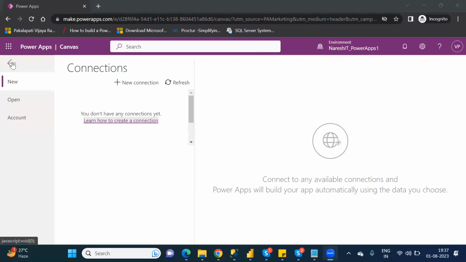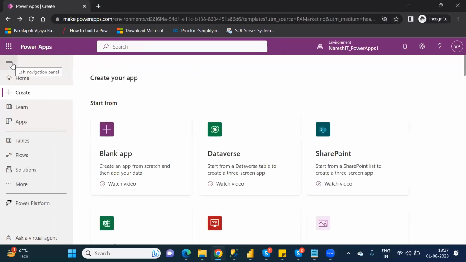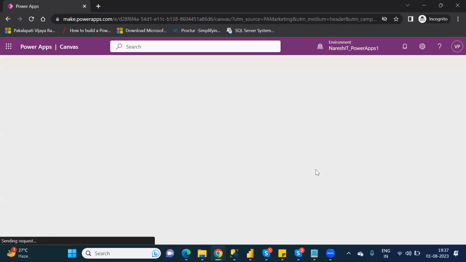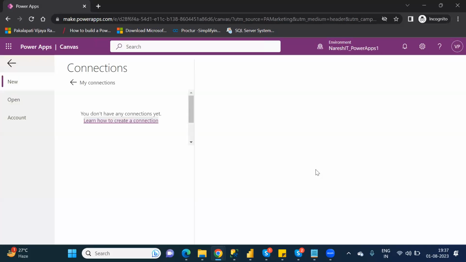Okay, so see here again, don't worry. Again, I'm clicking on this one. I will show you what will happen, because you are missing some point, right? Here, few of the data sources are available, and your data source is not available. Just click on any of the data sources. Don't worry. Except blank app, you can click on any of the data sources. It will go to the data source related tab itself, and there whichever data source you want, you can connect it. That's the reason I'm clicking on SharePoint. That means it is not connected with SharePoint. It will go to the data source connection